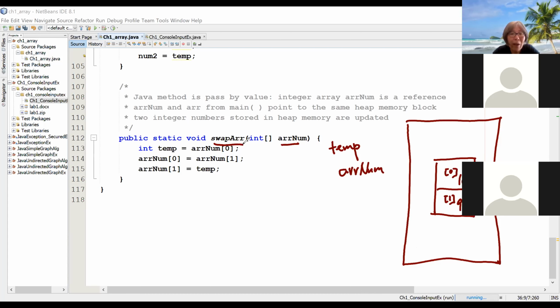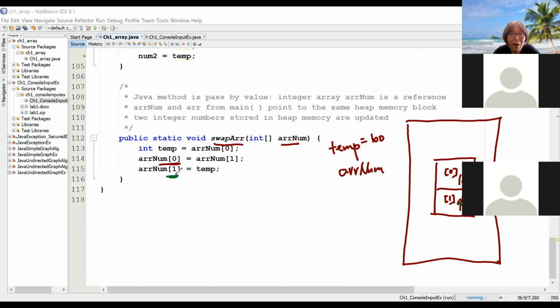So temp will hold 100. And then this will hold the second element's value, so it's going to be changed to, well, to 100. And then